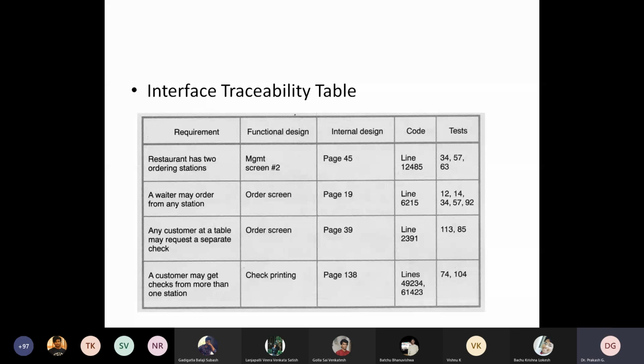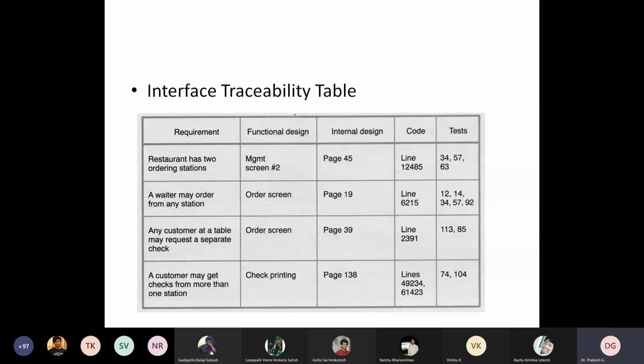What is the functional design? What is the internal design? What is the code? How many lines of code are there? What are all the test cases that have been written? All this has to be traced. Why does it have to be traced? Because we are actually interfacing.